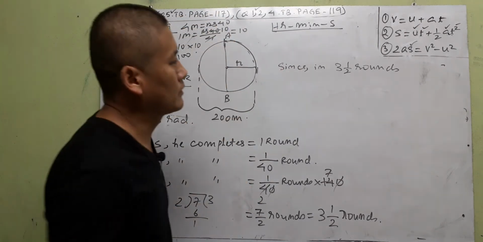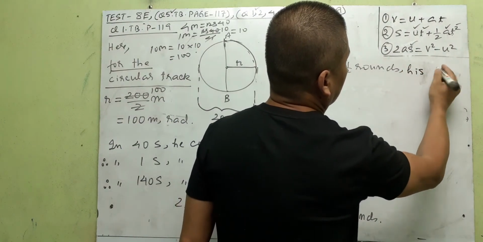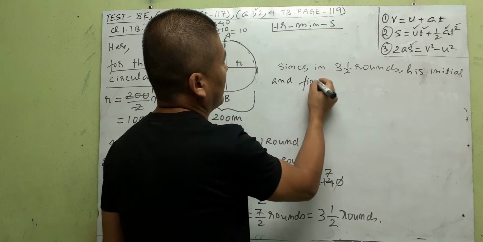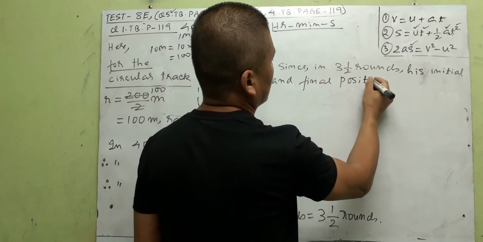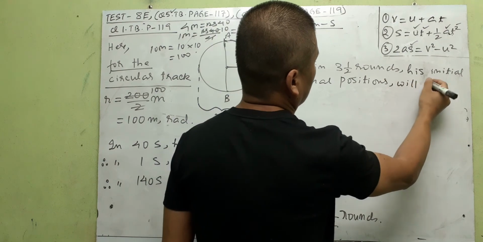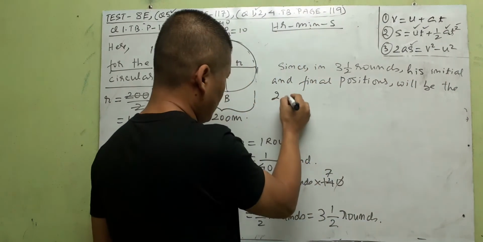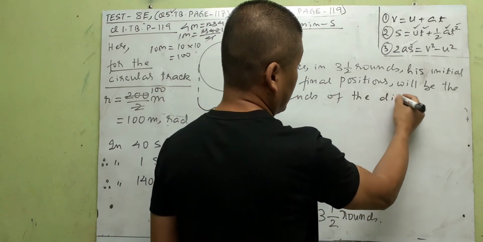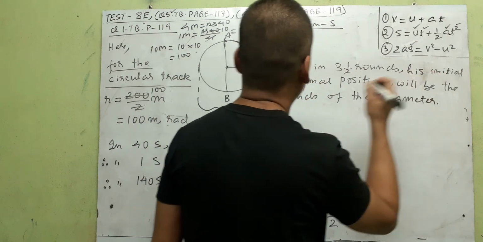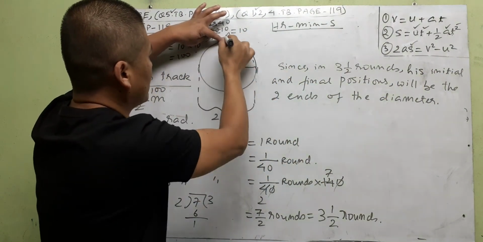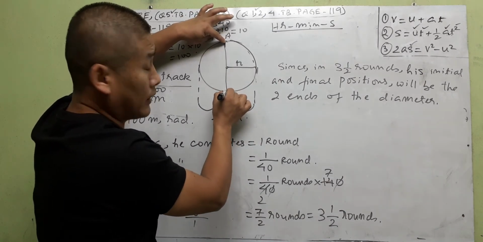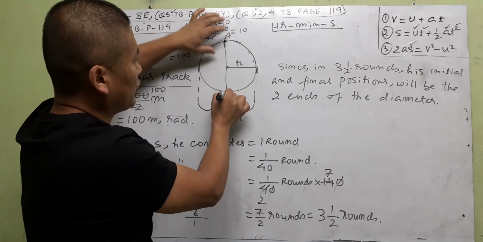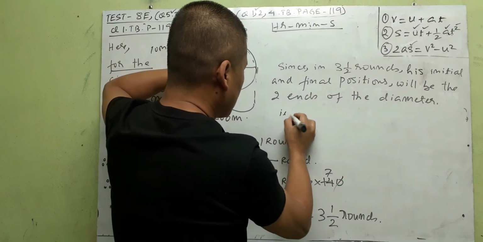So in 3.5 rounds, his initial and final positions, okay, will be the two ends of the diameter. So what it means is that after 3.5 rounds, 1, 2, and 3.5 rounds, starting point A, and he ended up at B, meaning final point. So the shortest distance between initial and final point is called displacement. So that is, his displacement will be